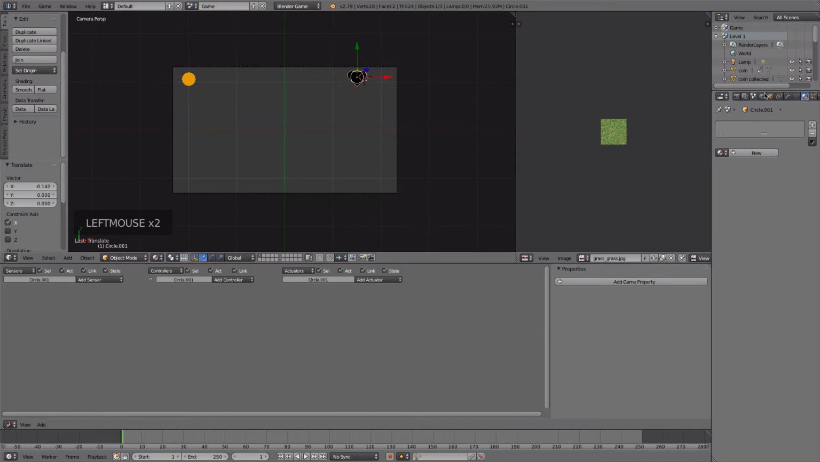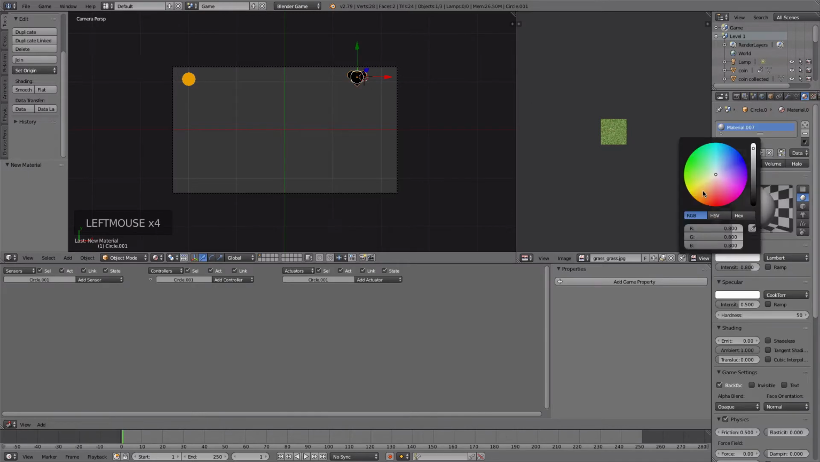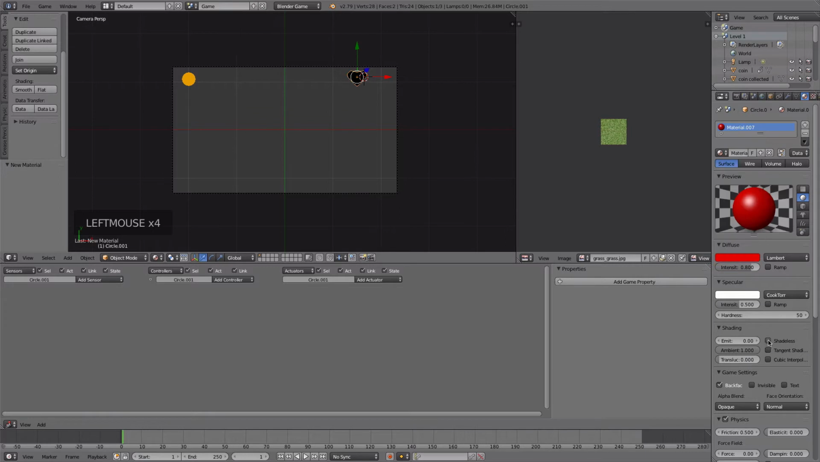Move it over, and then we will add a red shadeless material. Shadeless just because there's no light source on this particular camera, so I'm just going to make these things that we're looking at just kind of glow. All right, so